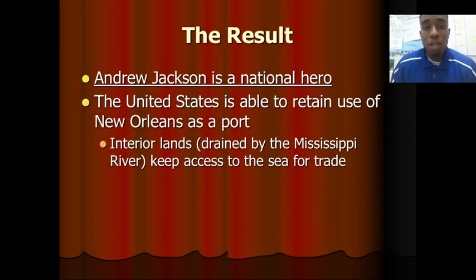We were purchased in the Louisiana Purchase from France, but up until this point we were just a lone territory. Really hadn't taken the steps to full statehood yet. Andrew Jackson becomes a national hero, and the United States regains control over the port, which is the most important aspect, and also the interior lands,